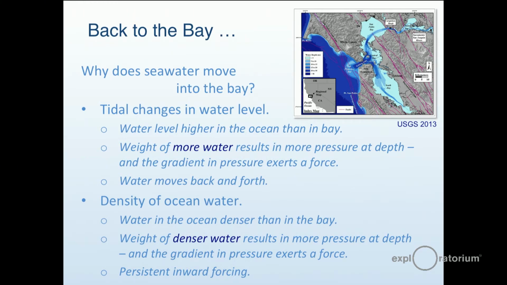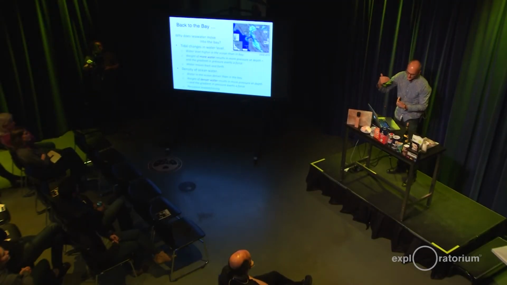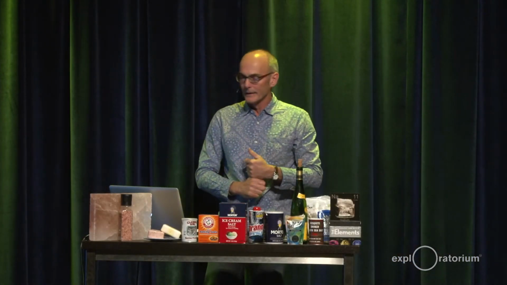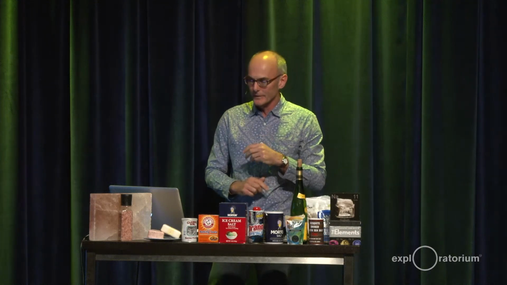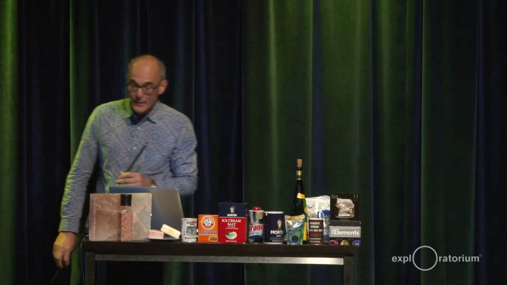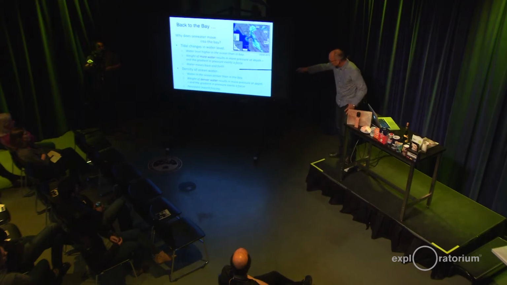And the other thing that happens is that the water in the ocean, even if it's the same level, but underneath the salty water, you're getting weighed down on, there's more pressure than if you're in fresh water. Same amount of water, but it's lighter. It doesn't weigh down on you so much. So the pressure gradient from ocean to bay is there. It's weaker, but it's persistent. So that small density difference does not give you such a strong pressure gradient, but it keeps there. It's all the time. It doesn't change much with the tide. So density of ocean water is the second way that the water gets into the bay. The weight of the ocean water is more.